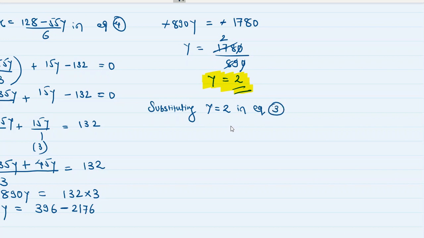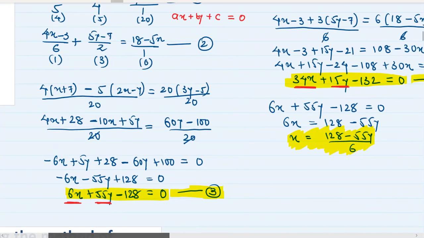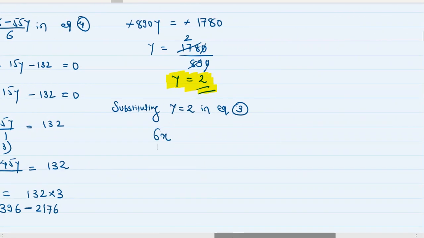Substituting y is equal to 2 in equation 3. 6x plus 55y minus 128 is equal to 0,